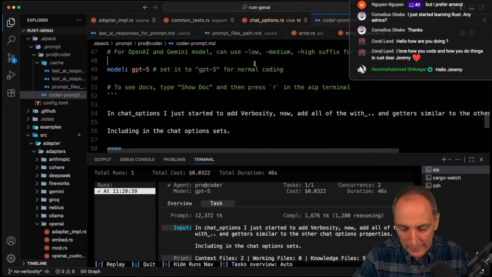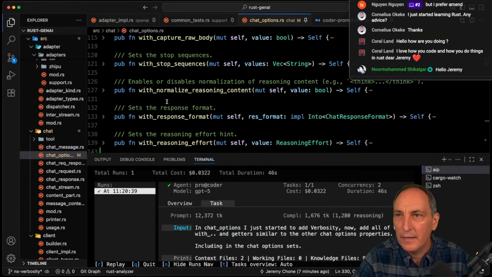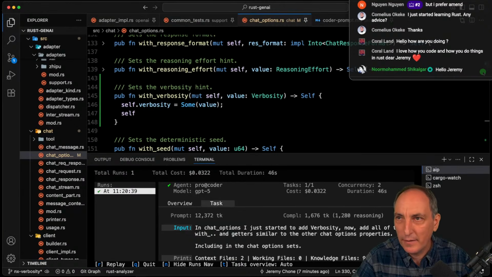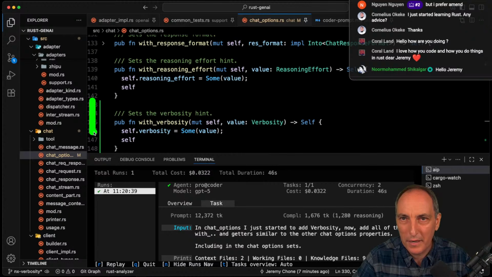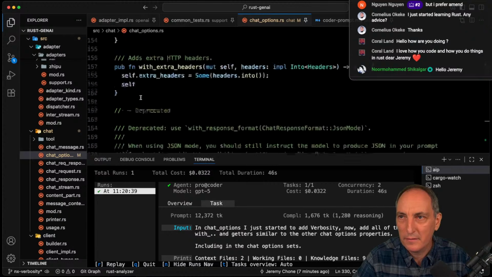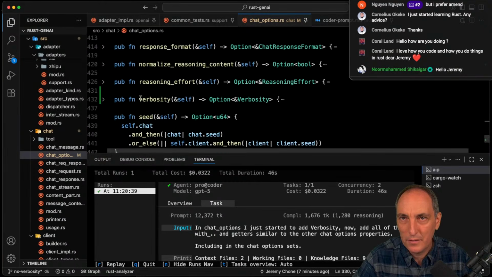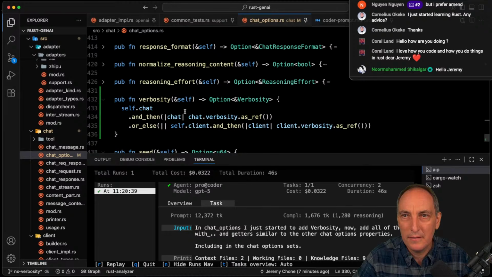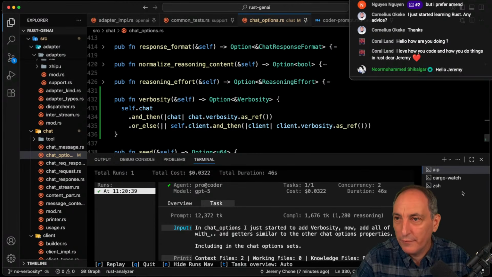So now, because we have that, we go to the chat option and we can see what I changed. I do it two ways. Either I check it like that, where I see the little bar over there, and then I can see what I changed with this bar as well. And it's like, okay, that makes sense. And then I go back there, and there should be another change, which is good, in the verbosity. And it follows the whole pattern. So that was pretty good. Now, if I press save,